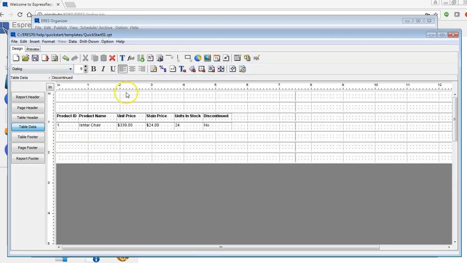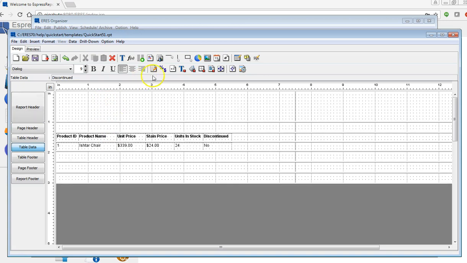Next, let's try to insert an image. Sometimes you may want to put a logo in your report, or some background image that makes it look nice or uniform in your company style. So let's first make the report header a little bit bigger, about an inch or so, and then click on the image button. So put the image here,